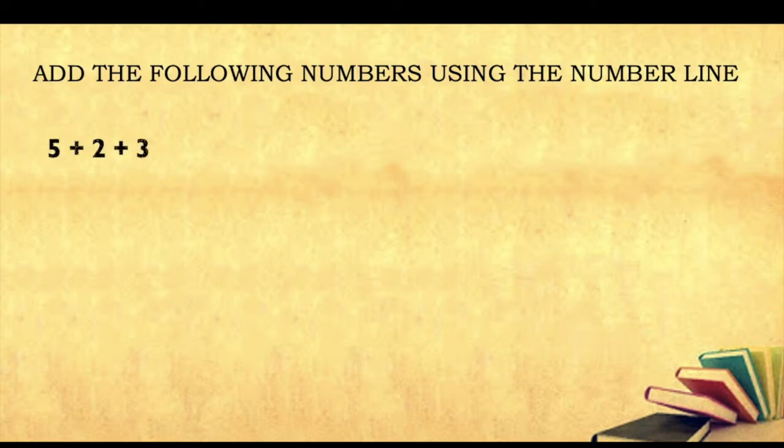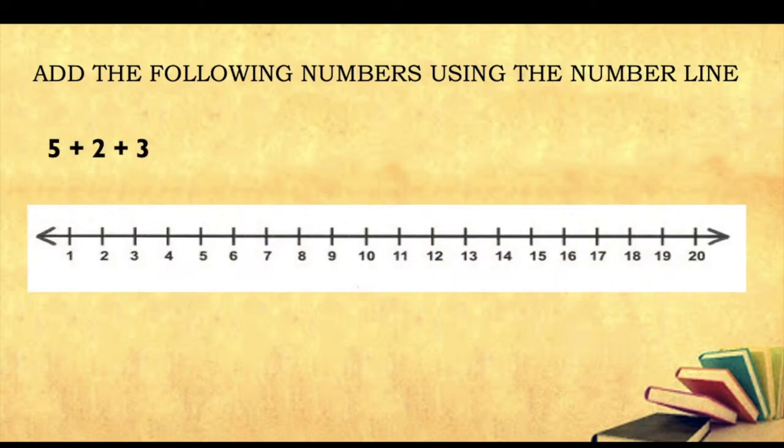What is a number line? A number line can be defined as a straight line with numbers placed at equal intervals. It is a pictorial, that is, a picture representation of numbers on a straight line. On a number line, a number on the left is always less than the number on the right. Similarly, a number on the right is always greater than the number on the left.